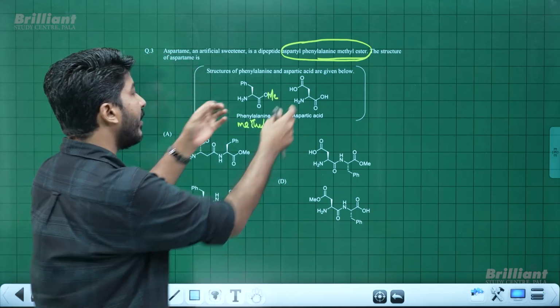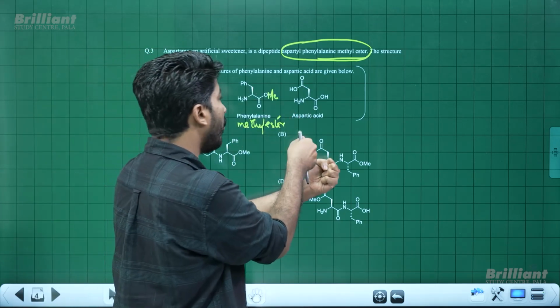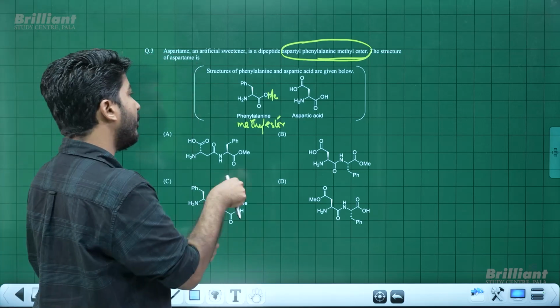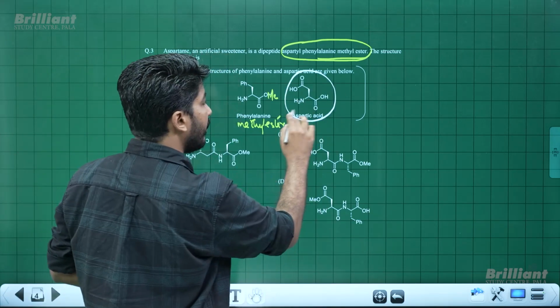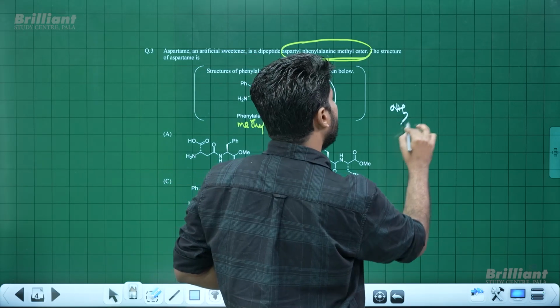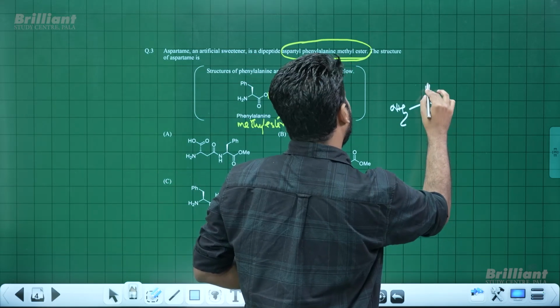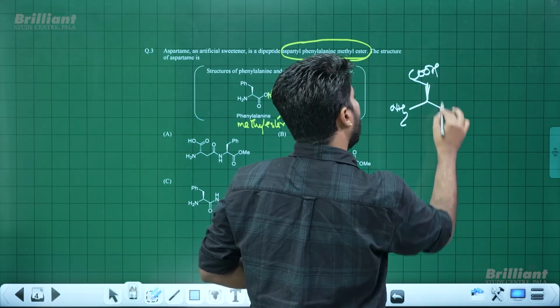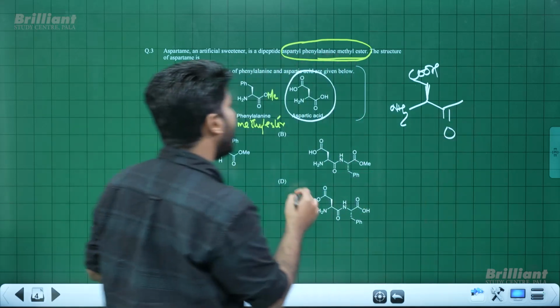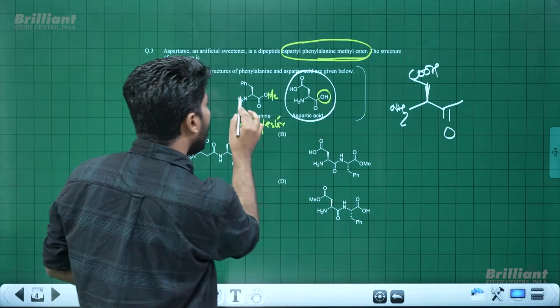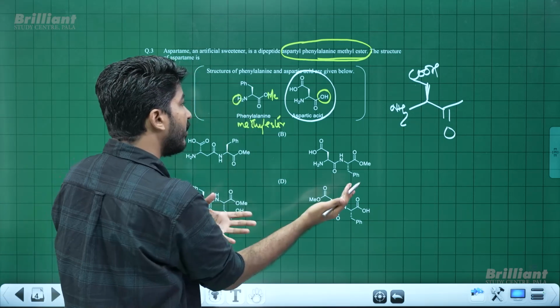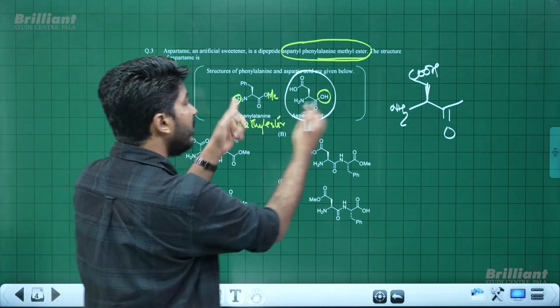Okay, now let's combine both these through a peptide bond. That is nothing but an amide bond. So on the left side we will have this particular unit, NH2, then COOH, and then it is forming an amide bond with the elimination of an H2O molecule. This OH along with one of these hydrogens will be eliminated in the form of water and results in CONH